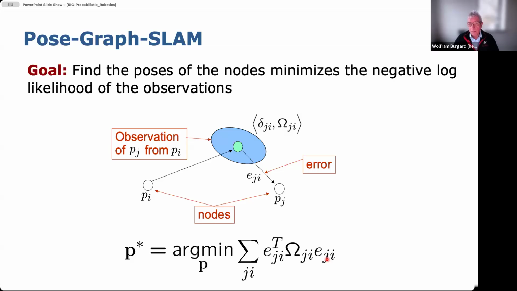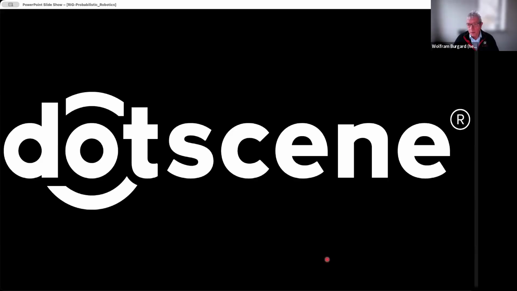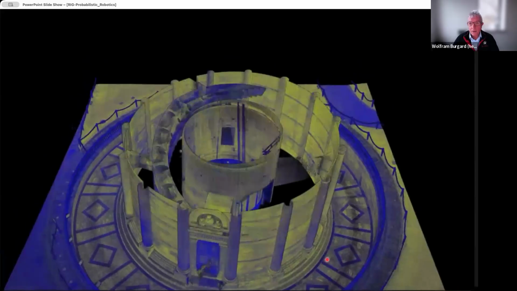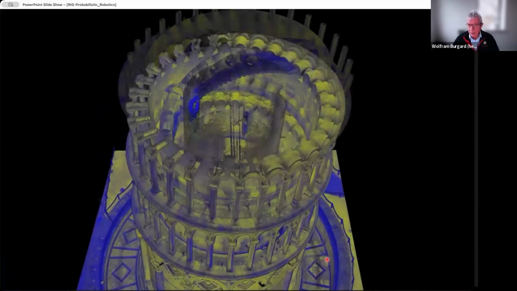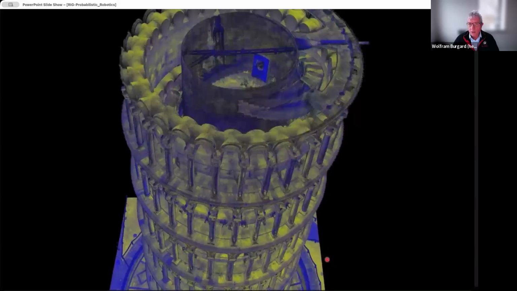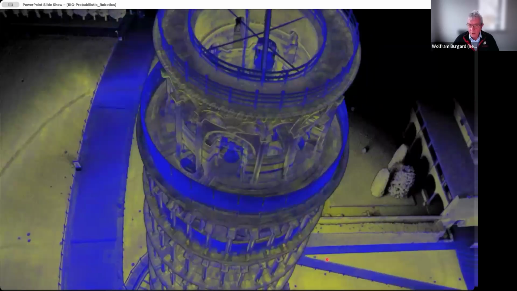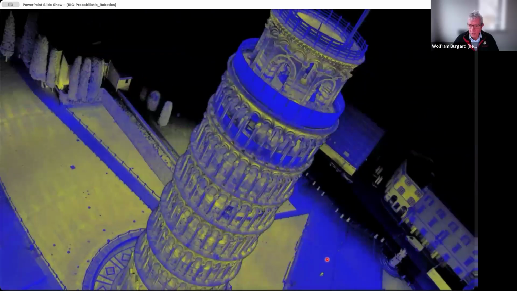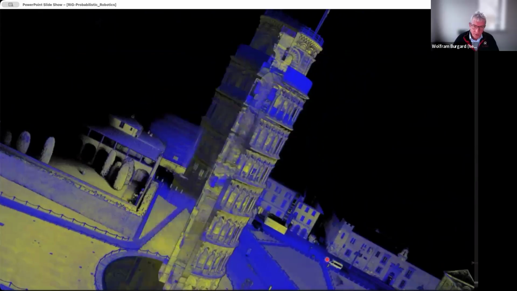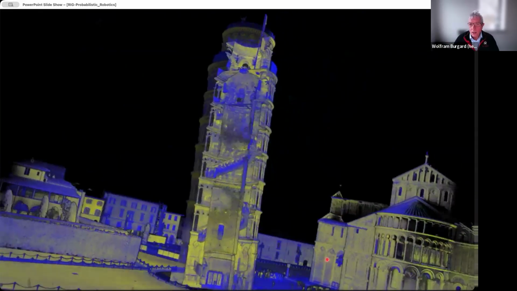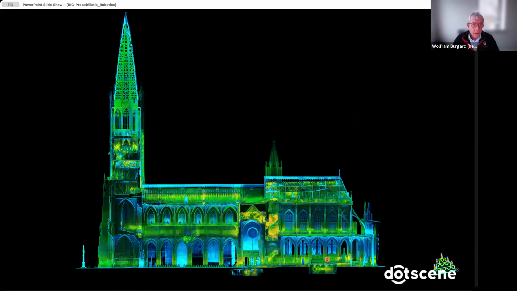With this, you can generate highly accurate maps. For example, this is from a startup that I'm having. This is a reconstruction that we did more than 2 years ago of the Leaning Tower of Pisa, and it's basically the most accurate model of this structure. To create these models, we fly a 3D scanner over these buildings, and then we can also take the scanners into the buildings, which allows us to get an accurate indoor and outdoor model. Here is the cathedral in Freiburg, the most accurate indoor-outdoor model of the Freiburg Cathedral,